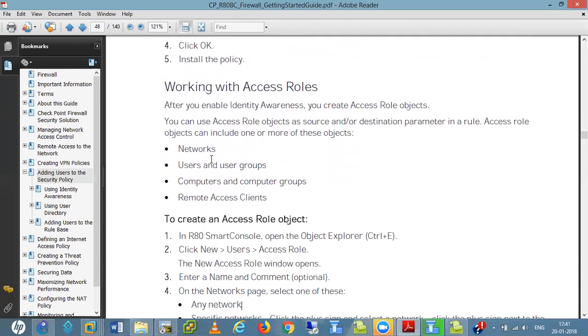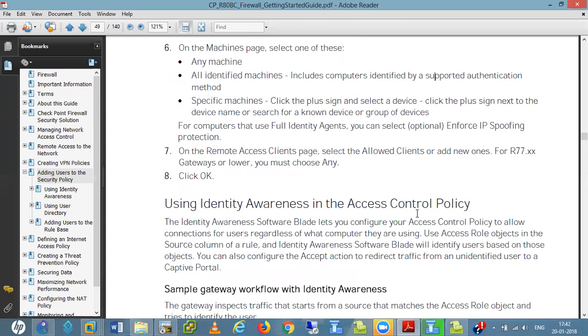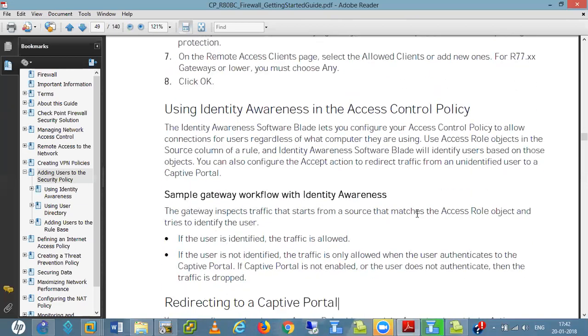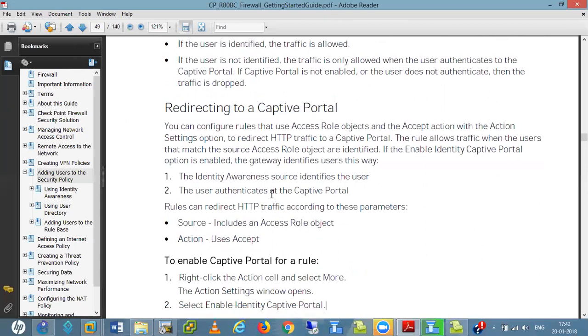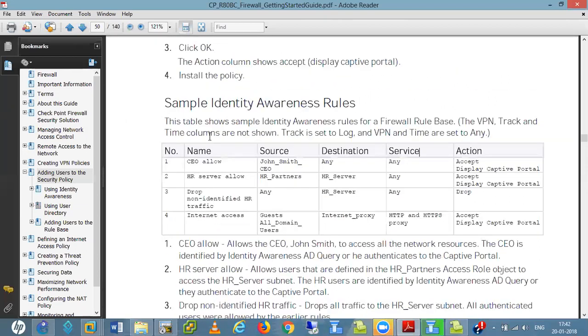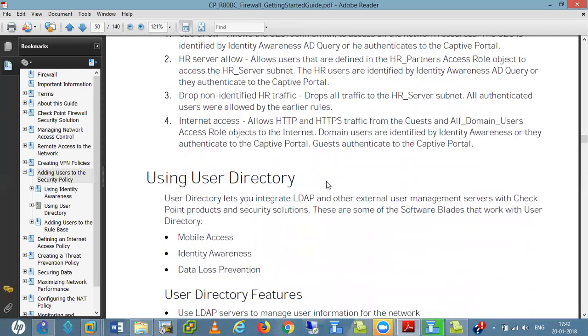Working with access roles, I told you the use of access roles and how we can create them. Redirect the captive portal, I told you how we can redirect it, how we can set the IP and enable it on all the interfaces. These are the policies for that, the HR server allowing HR partners, all these steps.